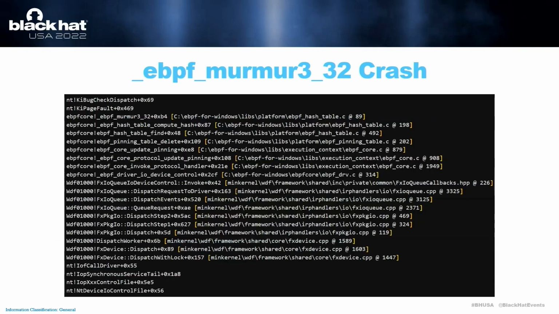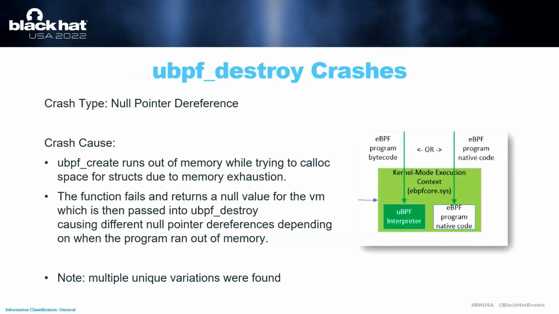But here's the call stack for that. As I mentioned, the eBPF core invoke protocol handler, I believe that's where we were squirting in our data. There was another one. This is the eBPF destroy API. It's the same bug that I mentioned I found in the userland side, but here it exists in the kernel